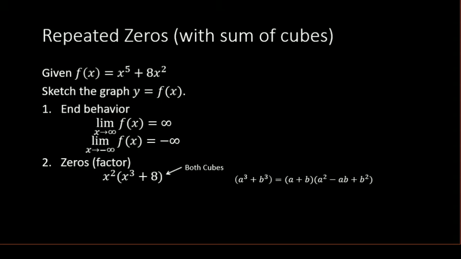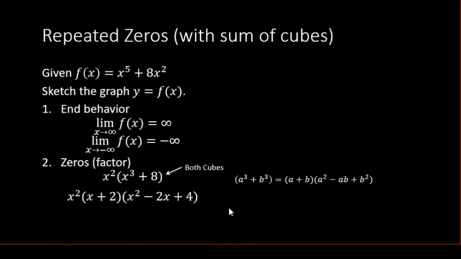In this case, a is x, because when you cube it, you get x cubed, and b is 2, because 2 cubed is 8. So the correct factorization is x plus 2 times x squared minus 2 times x plus 2 squared, which is 4. This trinomial here on the end